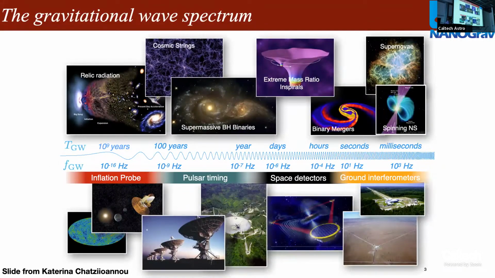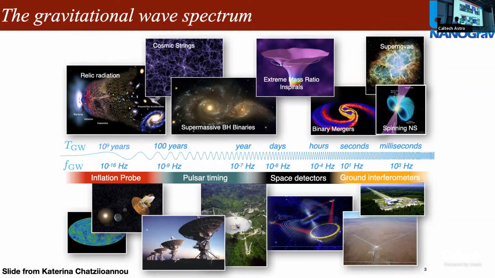So let's put this in the greater context of the gravitational wave spectrum. On the far side, we've got things like ground-based detectors like LIGO and Virgo, which most notably detect binary mergers of compact objects. In the middle, we've got the space-based detector LISA, which will hopefully fly in the 2030s, and is going to see hopefully millions of sources.